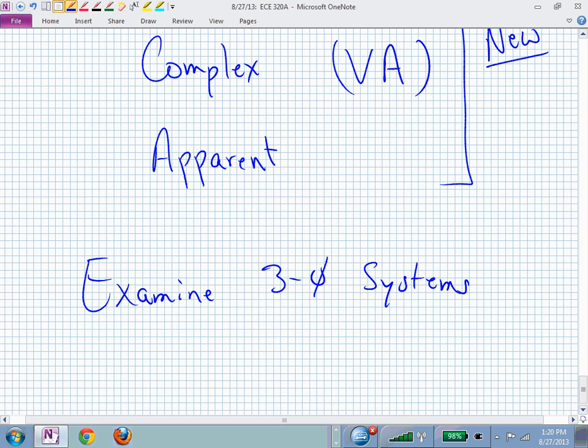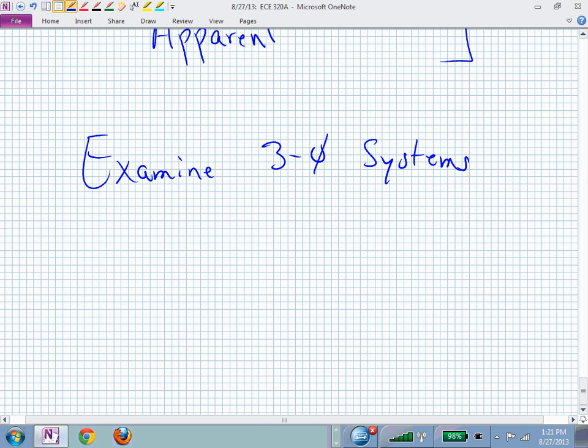If everything is balanced, we'll be able to distill that 3-phase system down to just a single-phase system. And we can do our analysis on the single phase and then back out all the other numbers or the quantities that we want. That's the very first part of this semester. That's maybe exam number 1, that material, playing with that. And obviously we have quite a bit to learn in just the definitions. And where do those come from and how can we use those? What we will then do is we will generalize